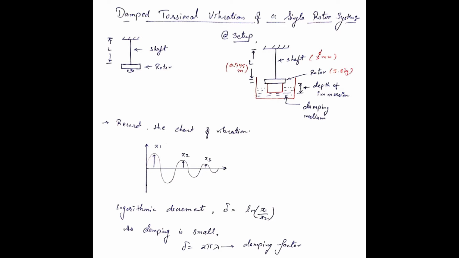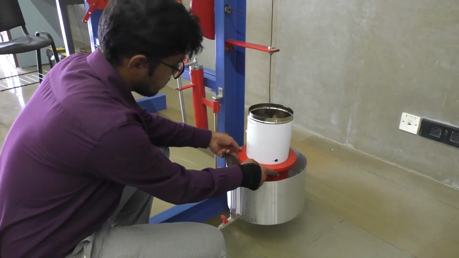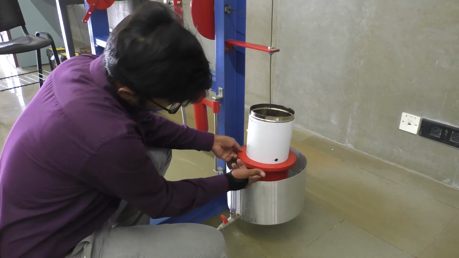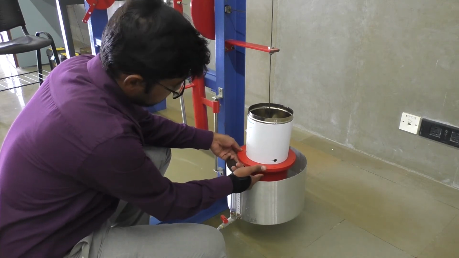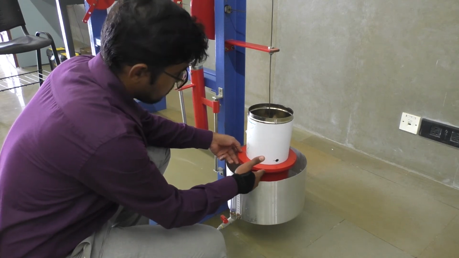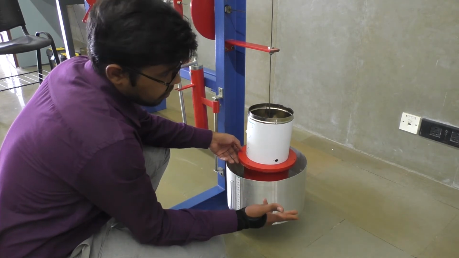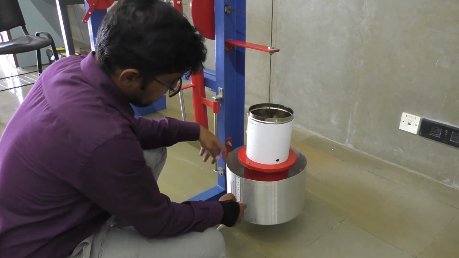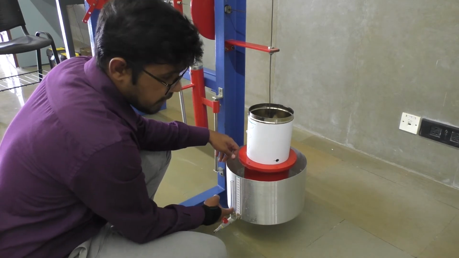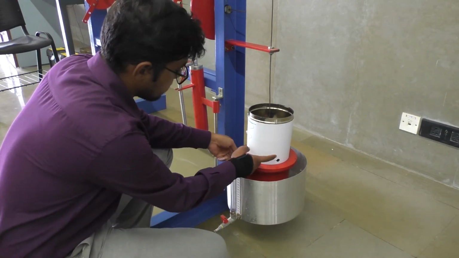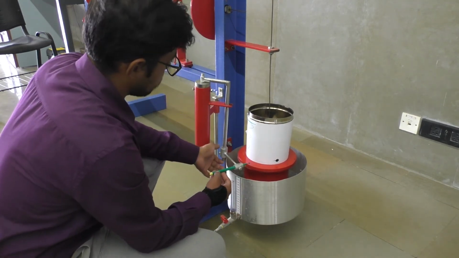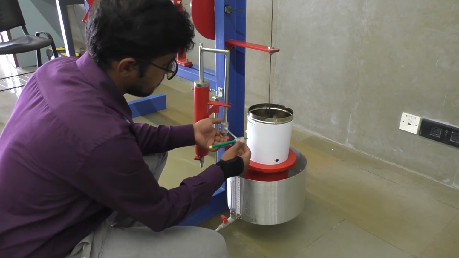Now let's perform the experiment. This is the rotor. Its weight is 5.8 kgs. The one below is the bucket. It is used here so that we can apply friction by medium of air or water or oil. Now in this bucket we have the level indicator so that we can check the depth of immersion. This is our chart recorder and here is our stylus. So the experimental procedure goes like this.